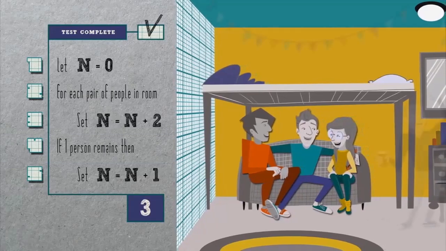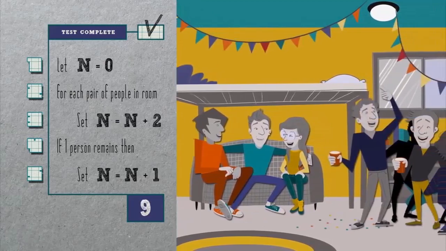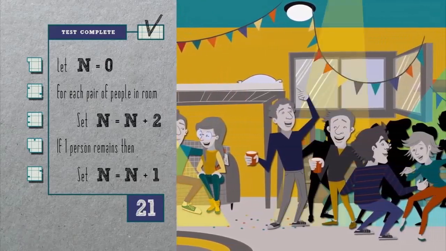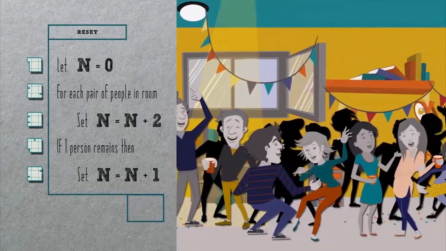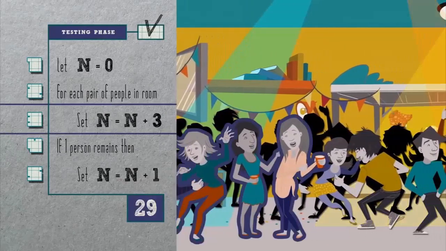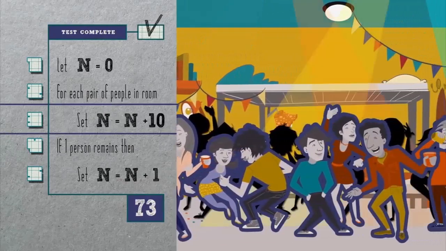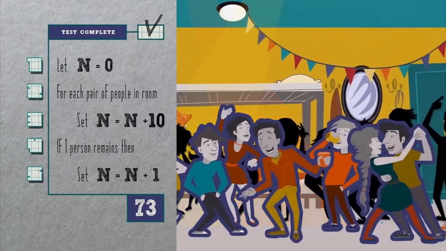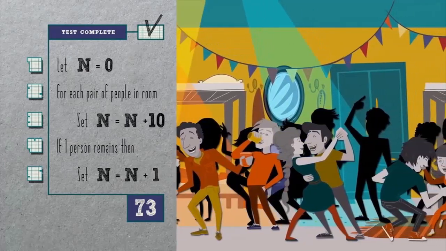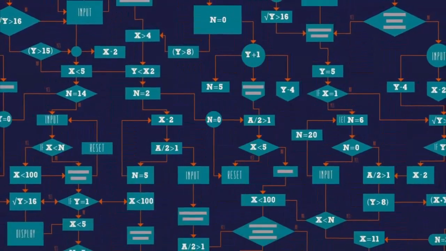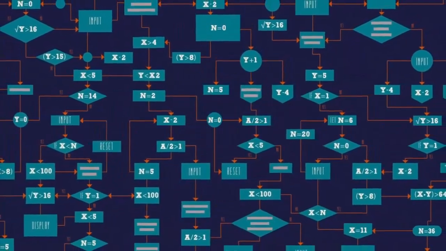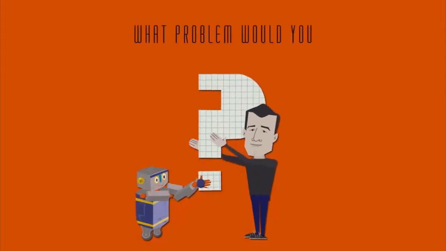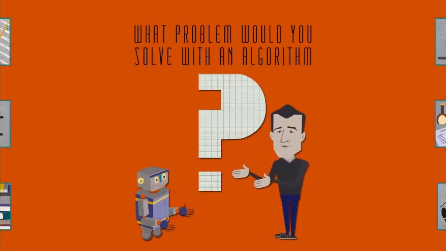And so now, whether there's 1 or 3 or any odd number of people in the room, this algorithm will now count them. Can we do even better? Well, we could count in 3s or 4s or even 5s and 10s, but beyond that it's going to get a little bit difficult to point. At the end of the day, whether executed by computers or humans, algorithms are just a set of instructions with which to solve problems. These were just 3. What problem would you solve with an algorithm?